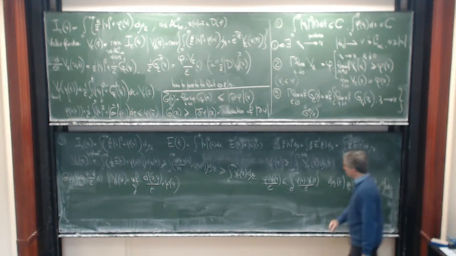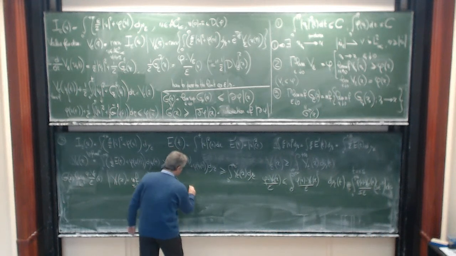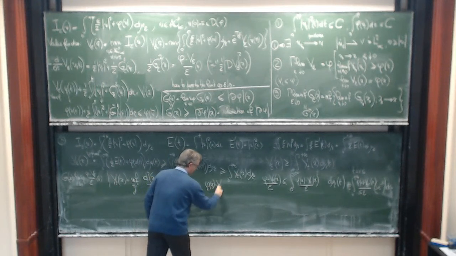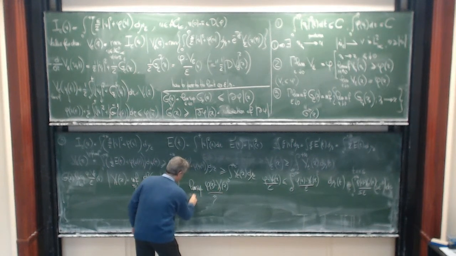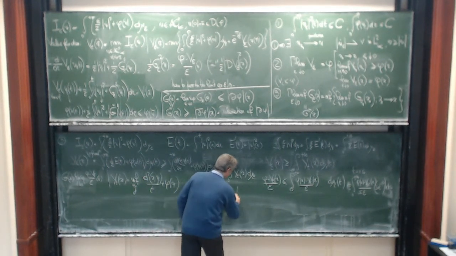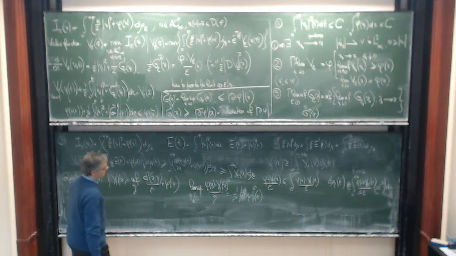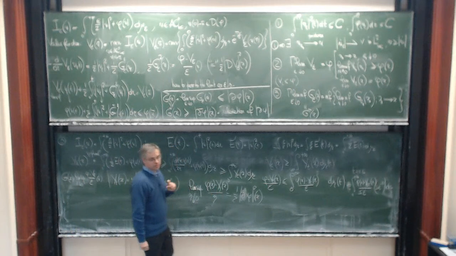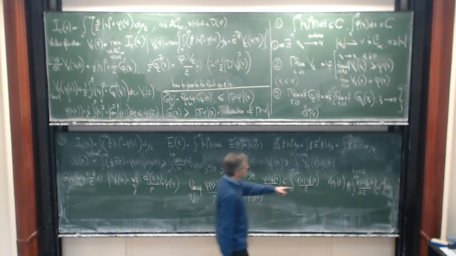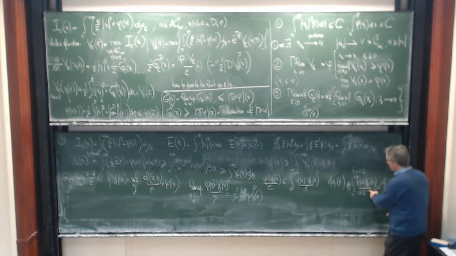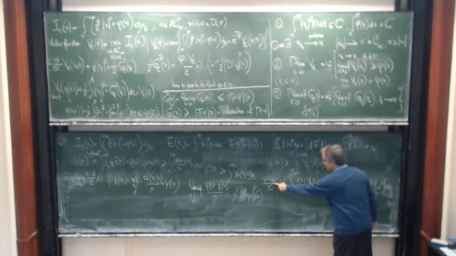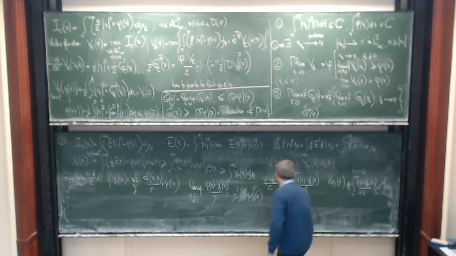You can pass to the limit by recalling that the lim sup of phi of x minus y of eta of x divided by eta, as eta goes to 0, is exactly 1/2 the slope of phi square at x. So this is a characterization of the descending slope in terms of the Yoshida approximation. And so you use the reversed Fatou lemma here. You pass to the limit as epsilon goes to 0, and then you get that the lim sup,